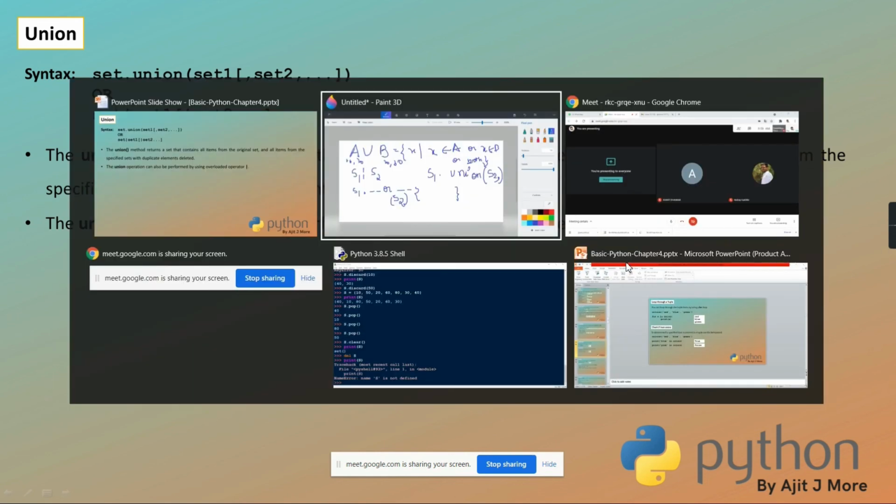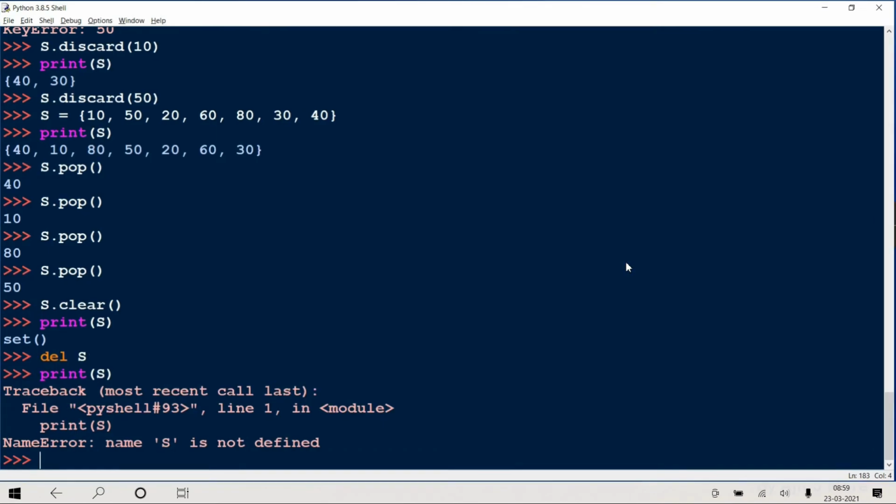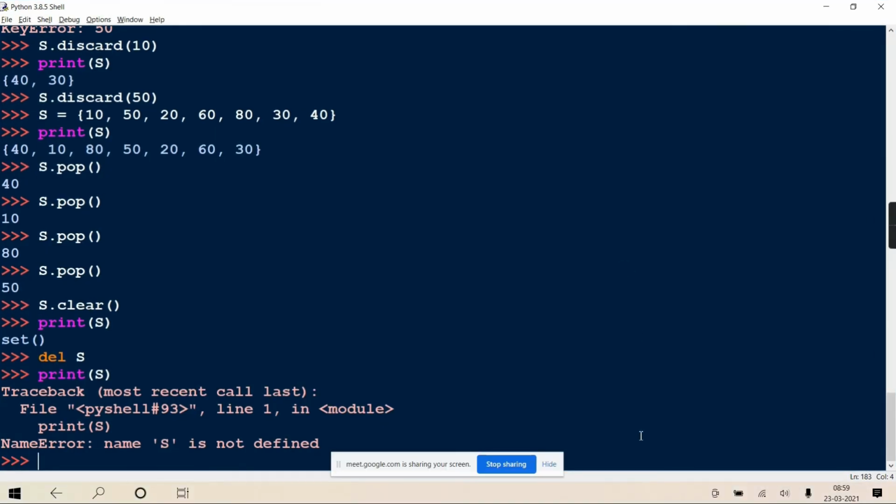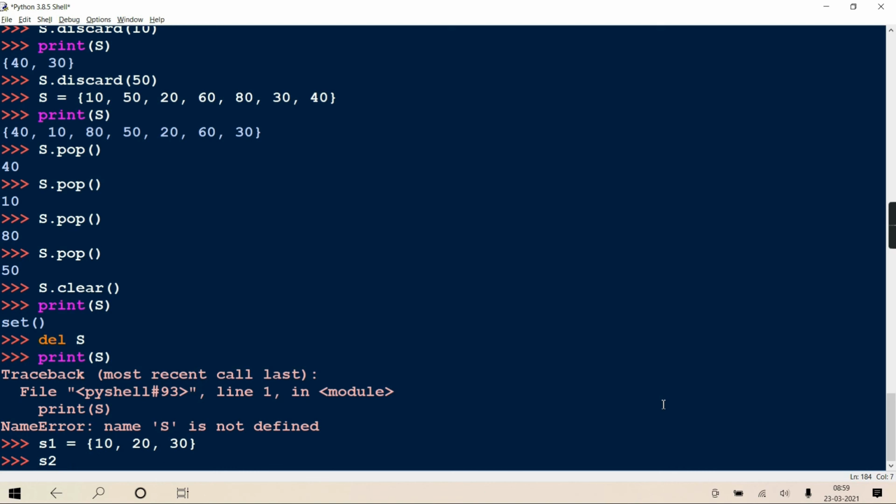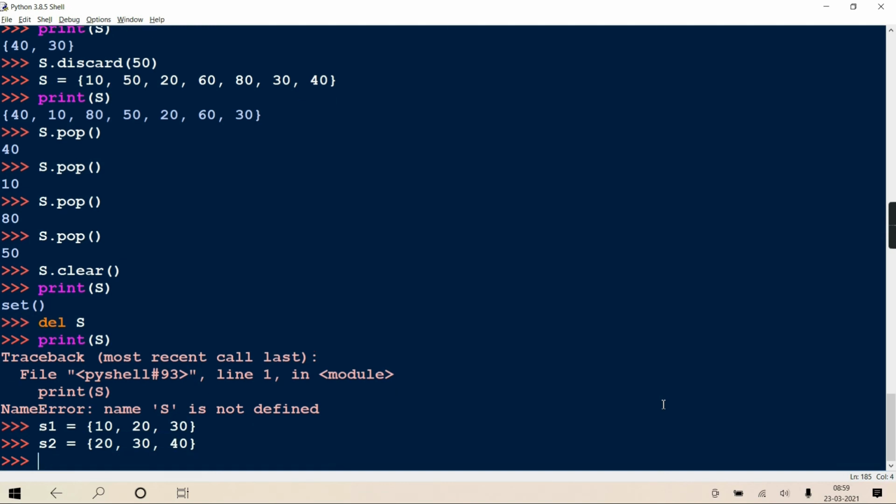Right? So quickly, one simple example I'll show you. I'll take S1 as 10, 20, 30, and S2 as 20, 30 and 40, and S3 equal to S1 OR S2.